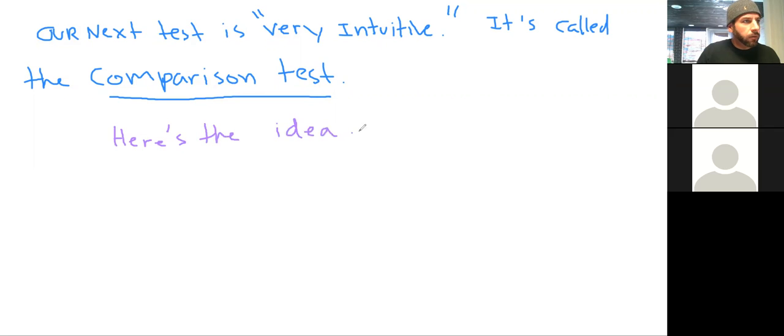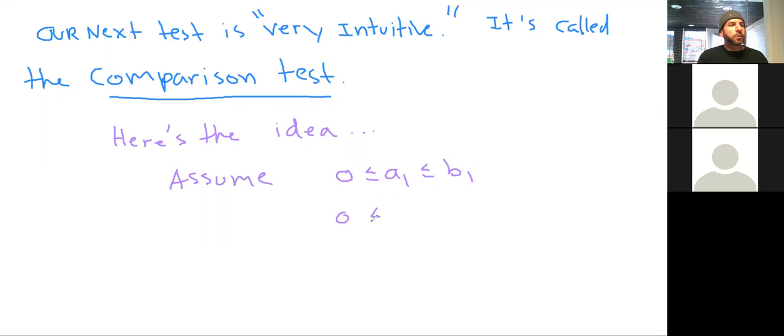So here's the idea. Assume we have the following sort of assumption. Assume that 0 is less than or equal to a sub 1, and that's less than or equal to b sub 1. Let's assume a sub 2 is always less than or equal to b sub 2. So in general, let's assume that the kth term in A,